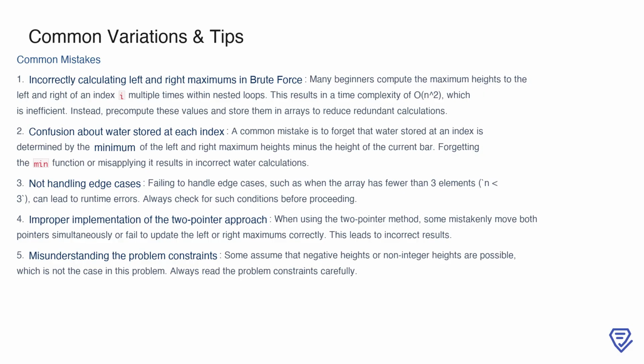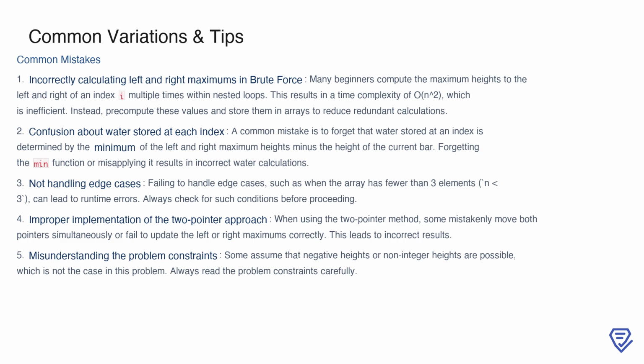Remember, the amount of water is determined by the minimum of the left and right maximum heights minus the height of the current bar. If you forget the minimum function or apply it incorrectly, your results will be wrong. Additionally, edge cases are often overlooked. For instance, arrays with fewer than 3 elements cannot trap any water, and failing to check for these cases can